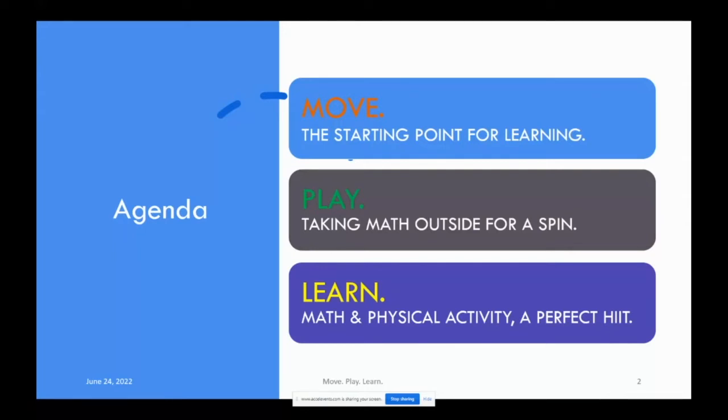So here's our agenda. We're going to start with move. It's the starting point for all learning. Play. We're going to take math outside for a spin, and learn math and physical activity. It's a perfect hit. So with that being said, before we go to the next slide, I want everyone to